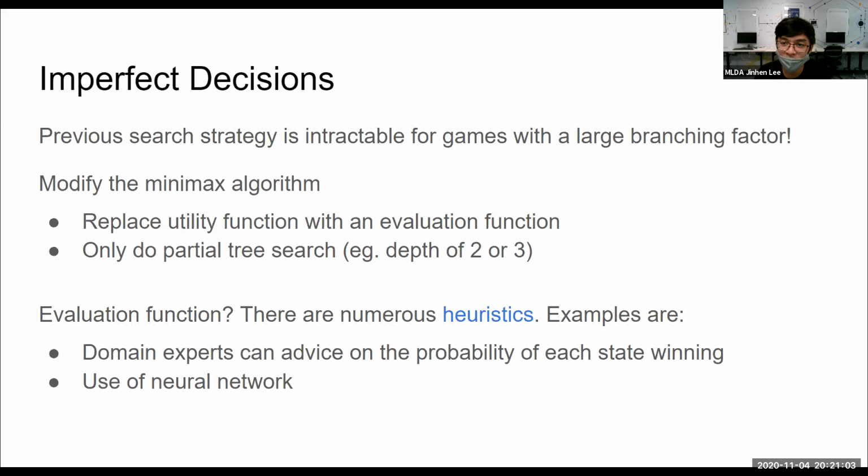So evaluation function, you don't need to know the details about it, but basically it is a function to approximate the utility at that particular state. It really depends on numerous factors. It depends on the game. So like I said, it can be a domain expert that tells you each state approximation, or you can even use a really complex neural network to find out the functions. But the details of how to find the evaluation function, no, you don't need to know at this point. I think it's a bit too complex. Does that answer your question?